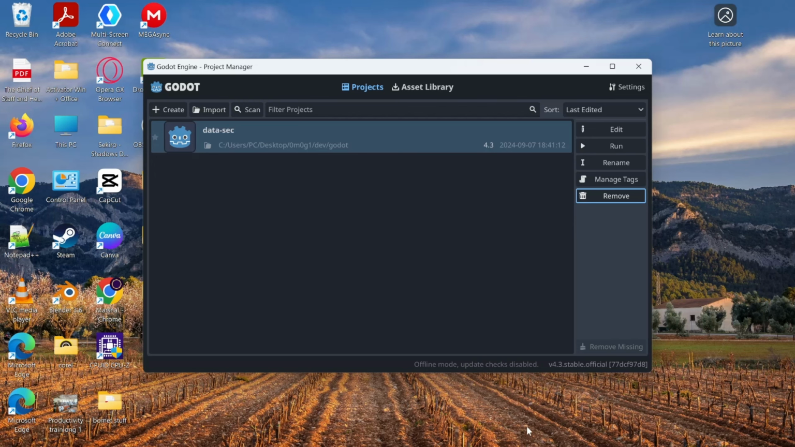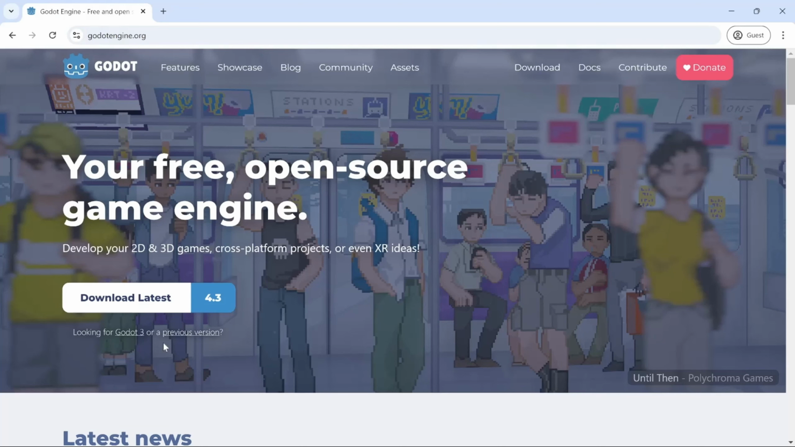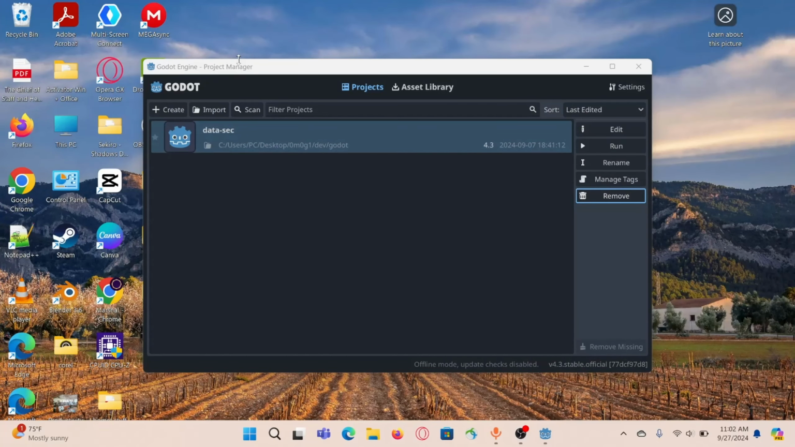So the first thing you're going to want to do for this course is to, of course, go to godotengine.org and download the latest version of Godot over here. So I will leave the link to this in the description. Then once you've downloaded it, you can unzip the folder that the application is in. Then you can run it, and once you run it, you're going to be met with this window, and this